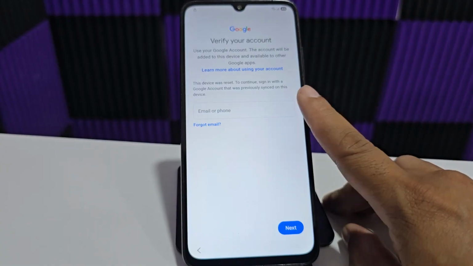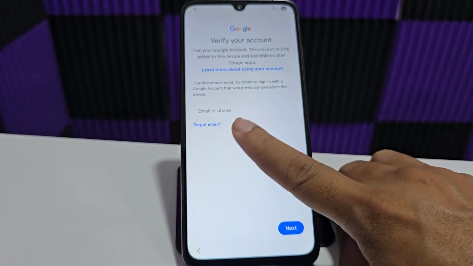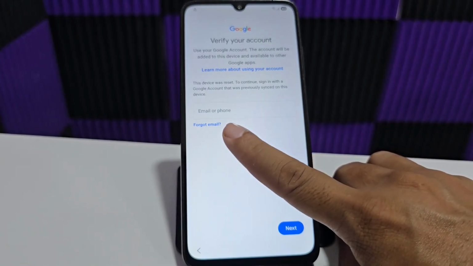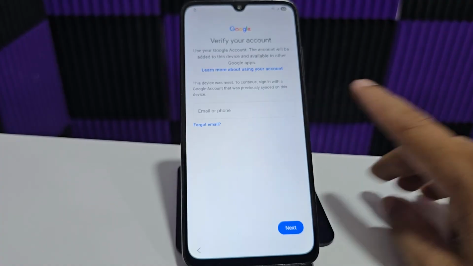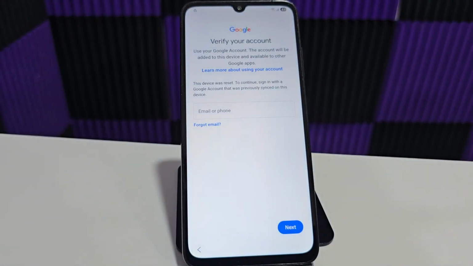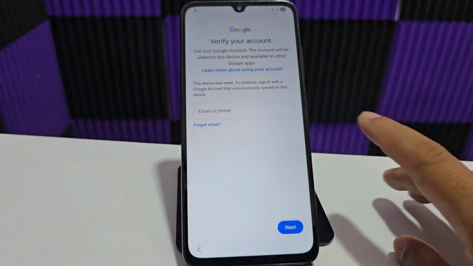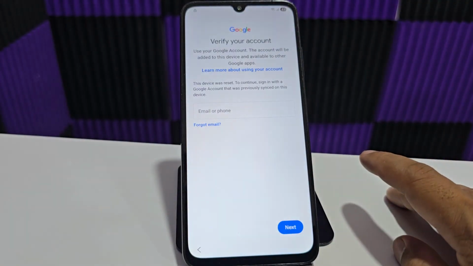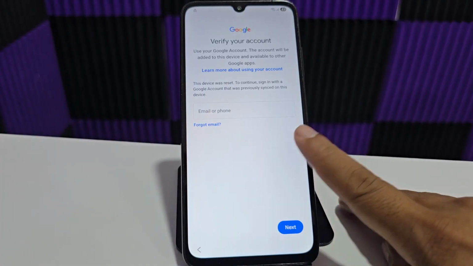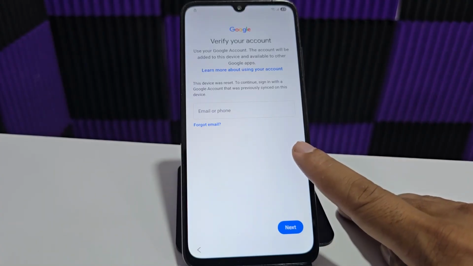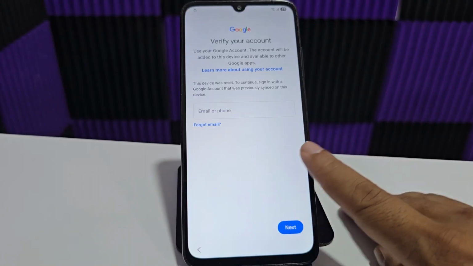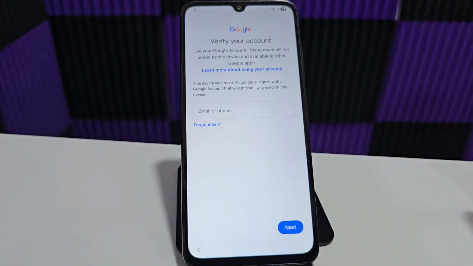It also gives you the alternative that if you don't remember the email, you add the phone number you had in your email, click Next, and you'll get a recovery code. Enter that recovery code, and it will give you access to recover your account. But if you don't know any of those options, then stay tuned to this video tutorial. Let's go